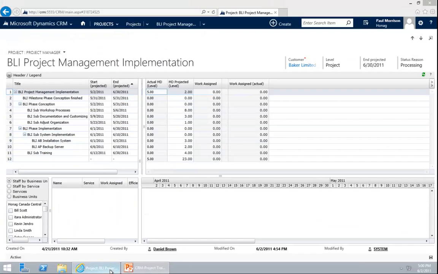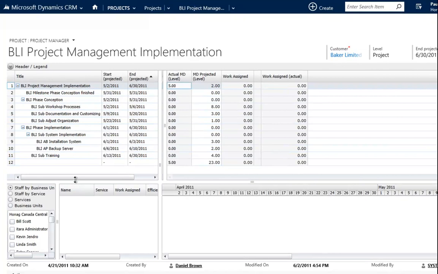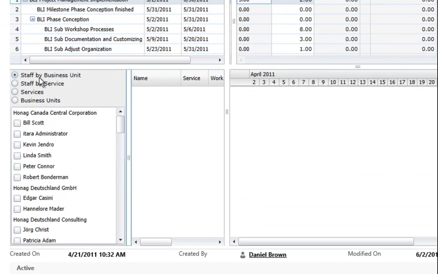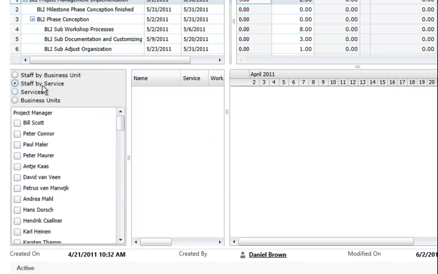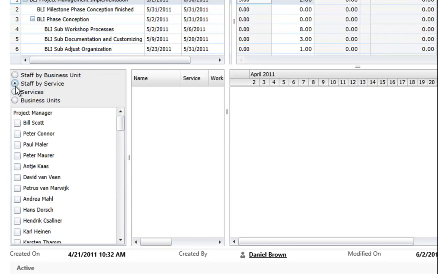So I go back to my system and go in my planning table. I see the structure and now want to select the resources I want to assign the work to. I can, like I said, assign to people, and the people are ordered either by business unit or by staff. So if I know, okay, I need somebody from HONA Canada, I can set the sorting by business unit, or if I need some project manager, I go to staff by service. I need to do it by service, so I select the people from here. I know I need some project managers.